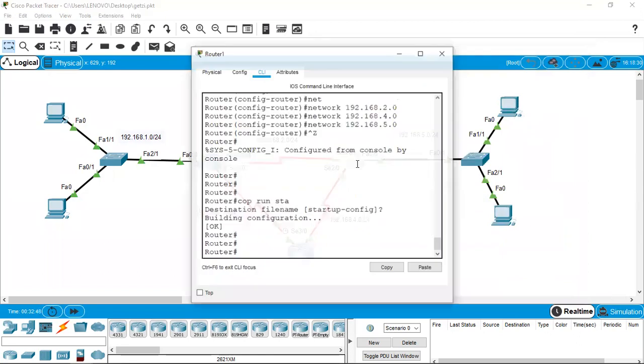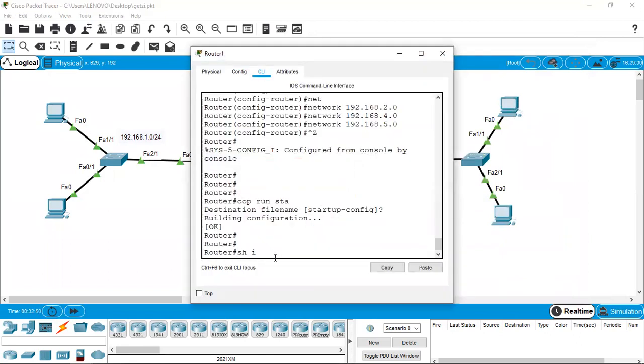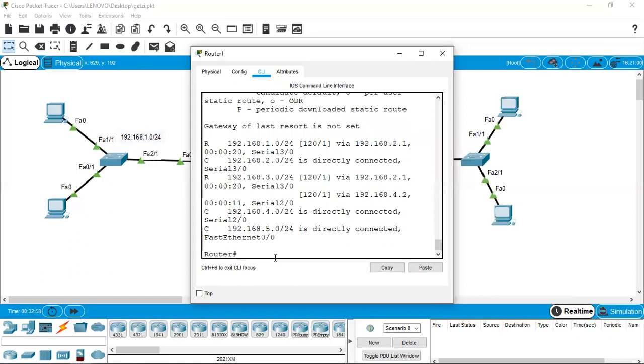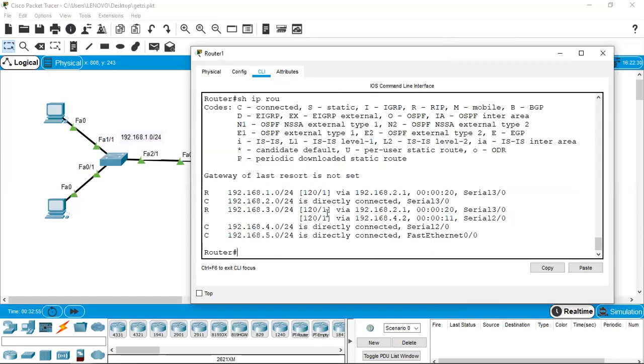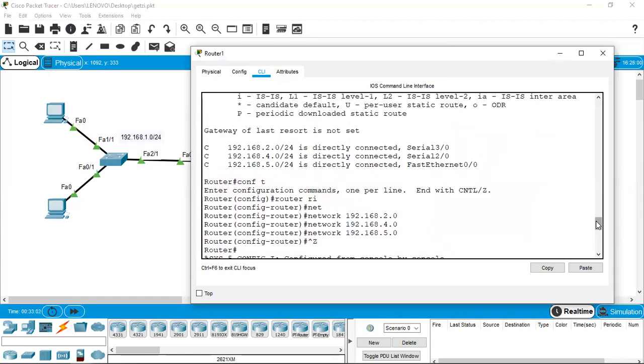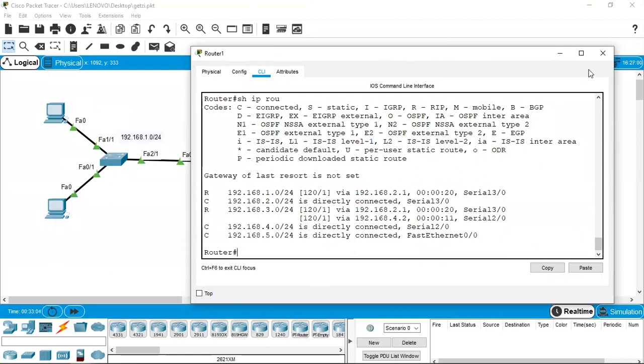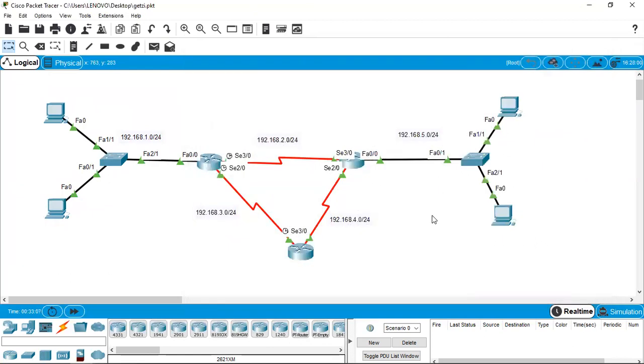Similarly, we can cross verify with the last router as well. Show IP route. It reveals that it also has got 5. 1, 2, 3, 4. Earlier it had only 2, 4 and 5. Yes, 2, 4 and 5. Now 1 and 3 are learned through RIP process. Now we say the network is converged. Now we can check whether the end-to-end pinging is happening. Do you see it fails? No problem, you can try again. It still does not work.